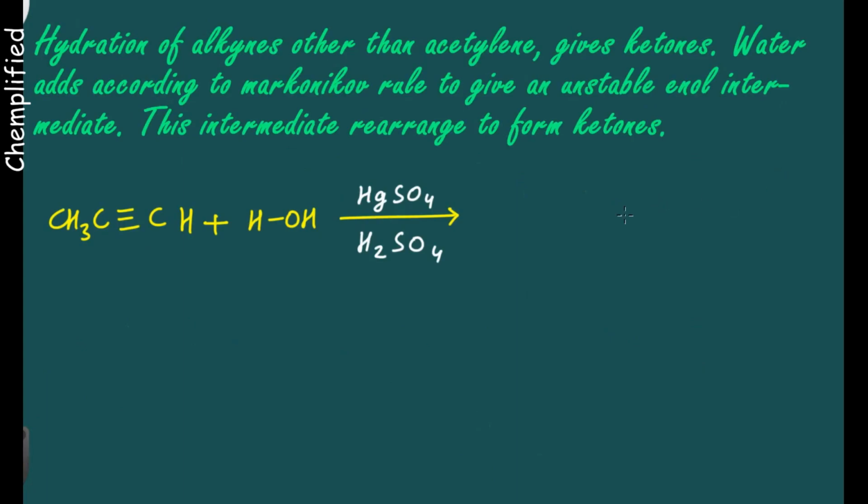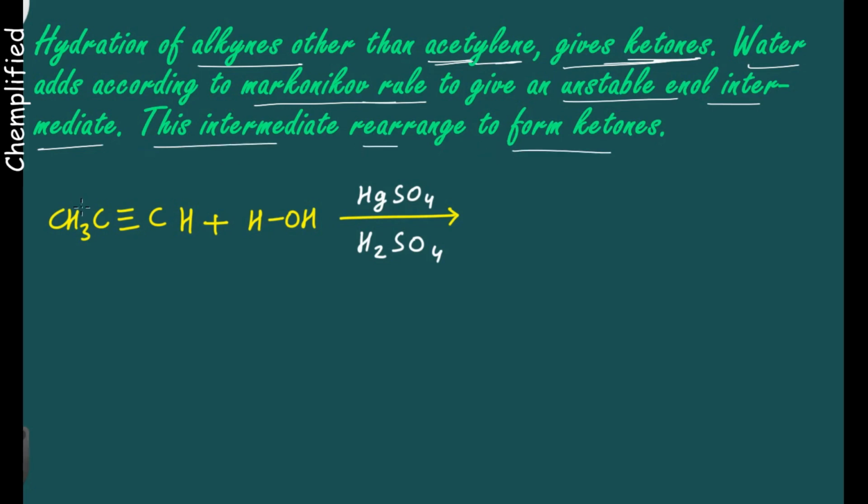Now remember what is written in this statement: hydration of alkynes other than acetylene gives ketones. Only acetylene will give aldehyde. All other alkynes will give ketones. Water adds according to Markovnikov rule to give unstable enol intermediate. I will give the link in the description for Markovnikov rule. You can watch the video for Markovnikov rule, how the rule works. This intermediate rearranges to form